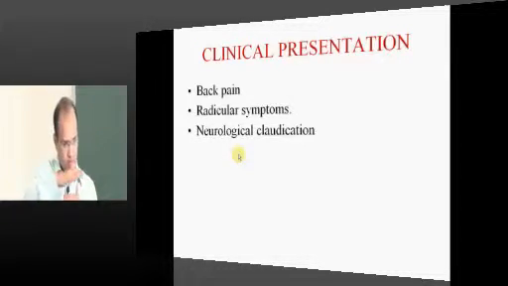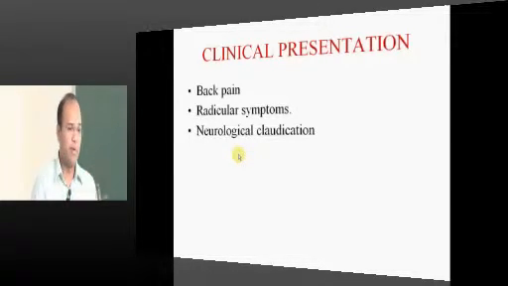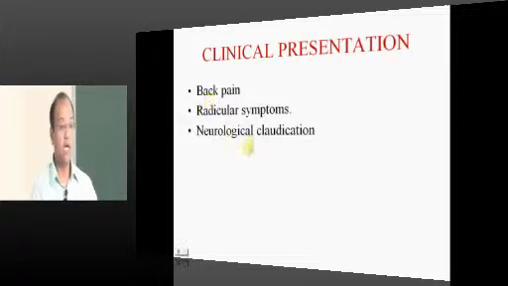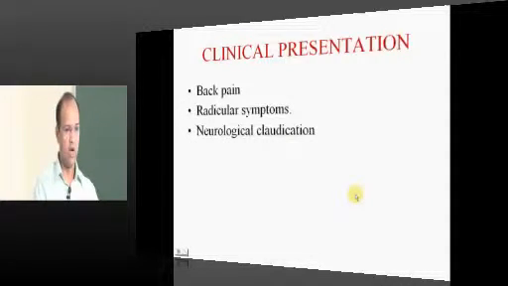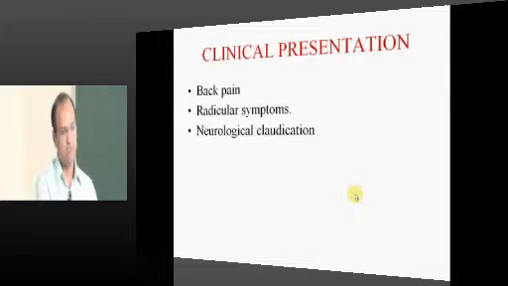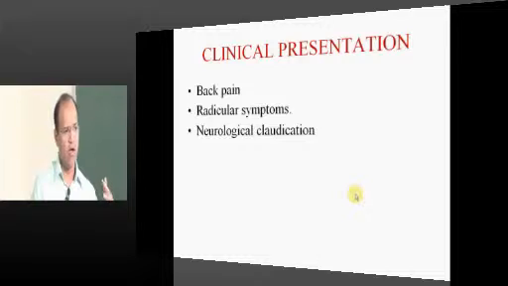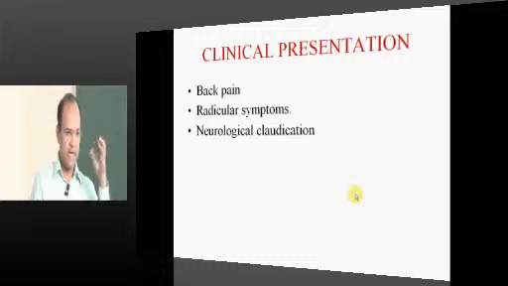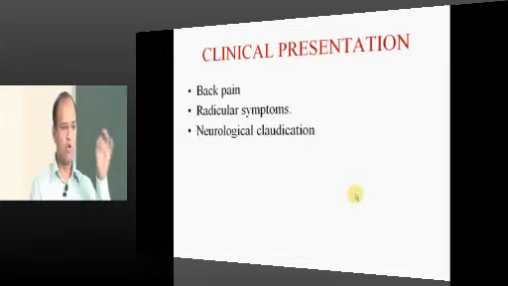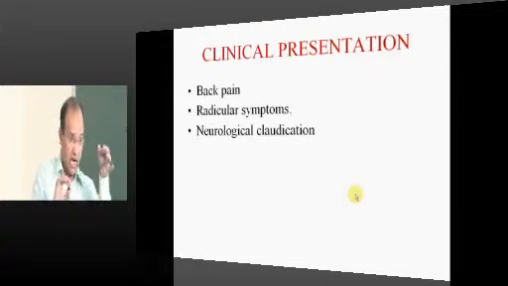Sometimes if the slippage is too much and there is too much kinking and compromise of the neural canal, the patient can end up with what? Neurogenic claudication. What is neurogenic claudication? What is vascular claudication? Usually neurogenic claudication is a term used for cramps in the legs, more specifically in the calf muscles. Once the patient starts walking, after a certain period of time, because of compromise of the neural canal, the nerve fibers are decreased in number, or there is aberrant firing of those nerve fibers at that junction because of arteriovenous anastomosis going on at the level of canal stenosis.